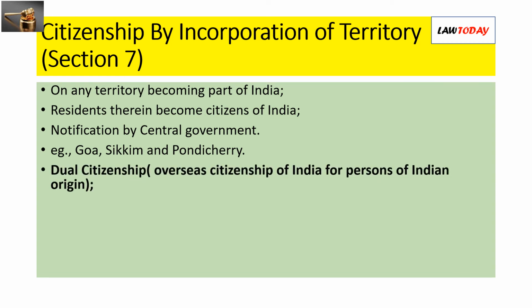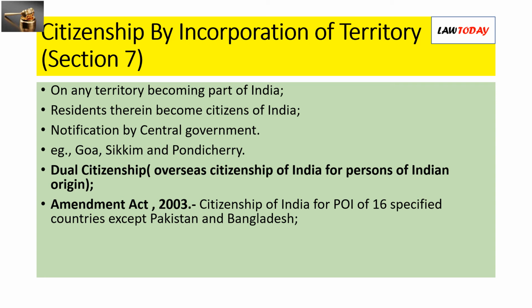Now, let me draw your attention to one important aspect of citizenship that is dual citizenship. That is, overseas citizenship of India for persons of Indian origin who are actually residing outside the country. The Citizenship Act was twice amended to provide for dual citizenship. The Amendment Act of 2003 provides for acquisition of overseas citizenship of India by persons of Indian origin of 16 specified countries other than Pakistan and Bangladesh. This Act provides for the manner and methods by which a person could acquire a citizenship of India